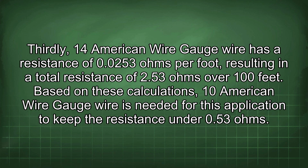Thirdly, 14 American wire gauge wire has a resistance of 0.253 ohms per foot, resulting in a total resistance of 2.53 ohms over 100 feet. Based on these calculations, 10 American wire gauge wire is needed for this application to keep the resistance under 0.53